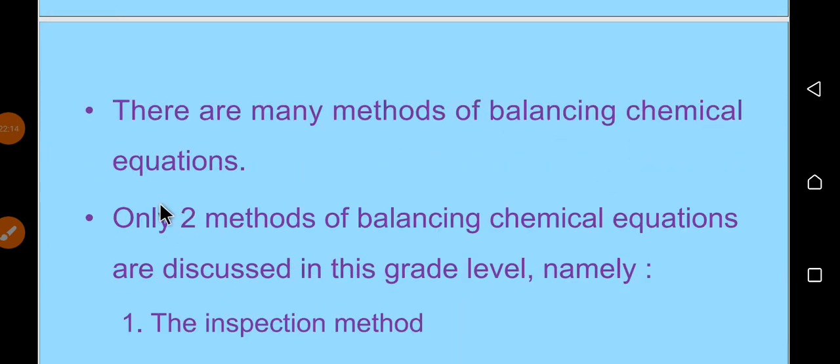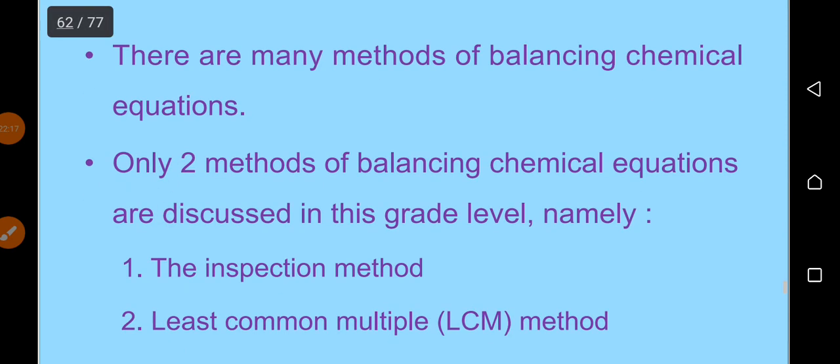There are many methods of balancing a chemical equation. እንግዲህ አንድን ኬሚካል ኢኩዌሽን ባላንስ ለማድረግ ብዙ አይነት ሜቶዶችን መከተል እንችላለን። Only two methods of balancing chemical equation are discussed in this grade level, namely the inspection method and the least common multiple or LCM method. እንደ 7ኛ ክፍል ለእናንተ በሚመጥን መልኩ ሁለቱን ብቻ እንማማራለን፤ the inspection method እና the LCM method የሚባሉትን ማለት ነው።